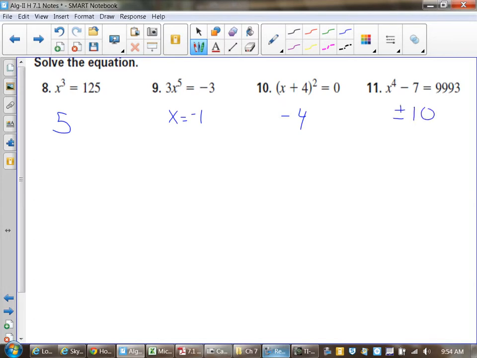Remember, anytime you take an even root, guys,